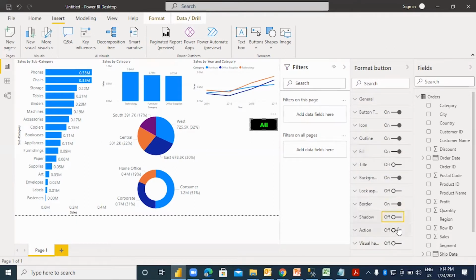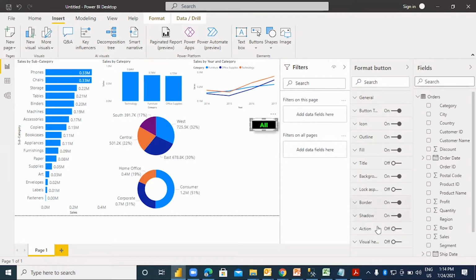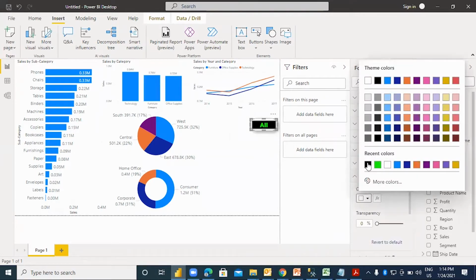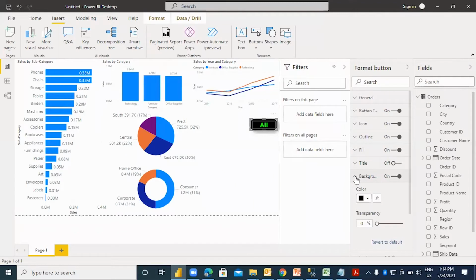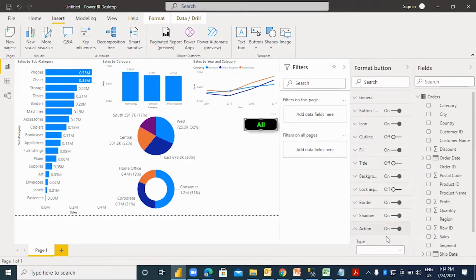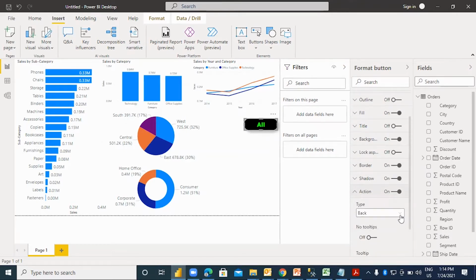Border shadow, no outline. And action on, and I can make it as bookmark action.